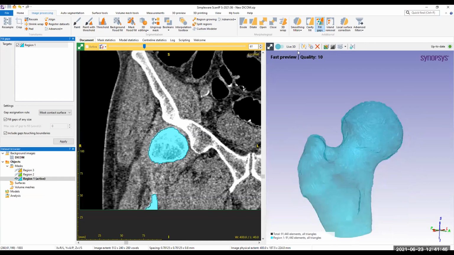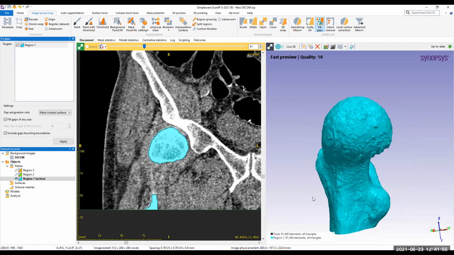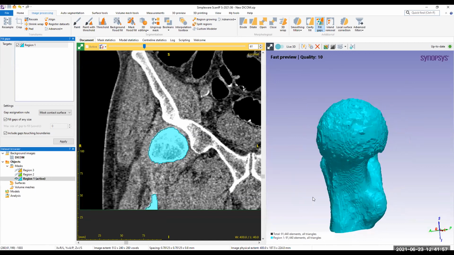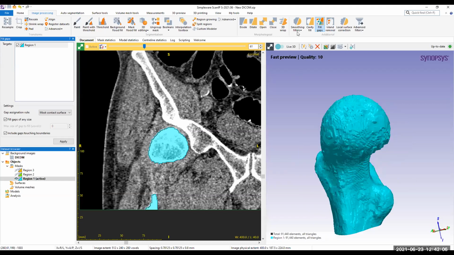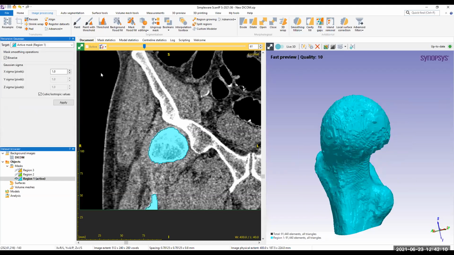Once we have this, change the opacity back to 1. I can apply some smoothing filter. All the process that I've been doing so far is in the segmentation and processing. Now we are doing some post processing. We have completed our segmentation for the region of interest. So I will apply a recursive Gaussian smoothing filter.